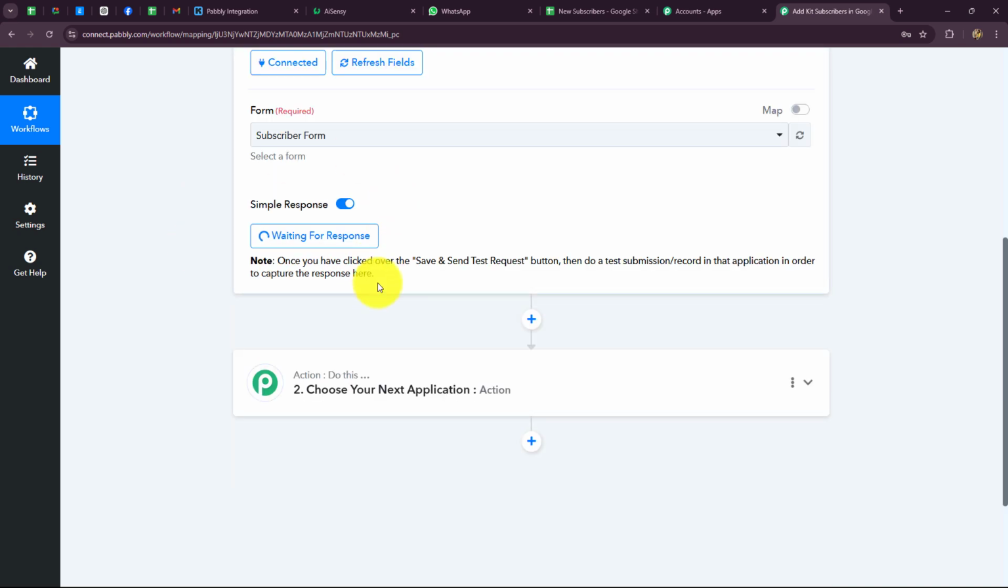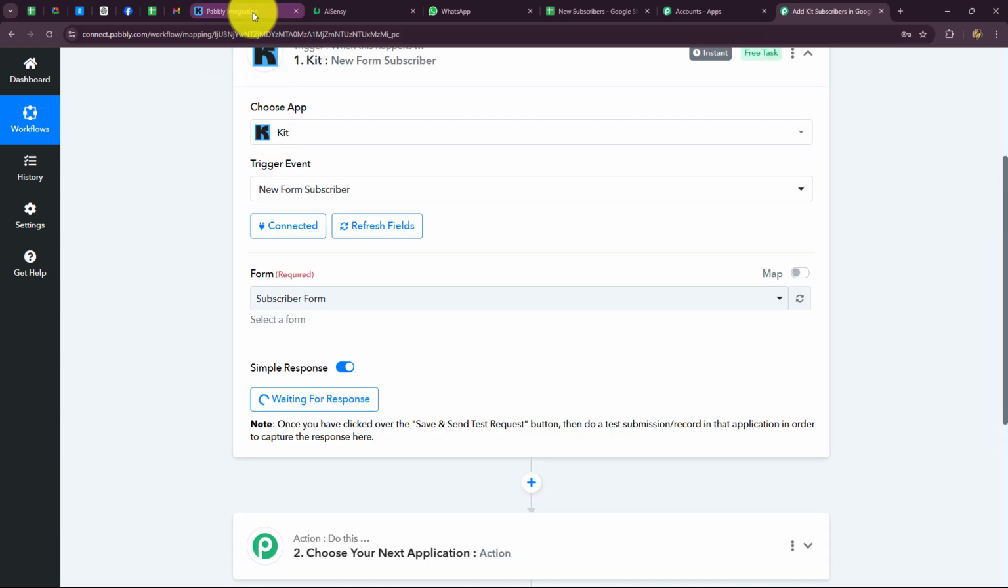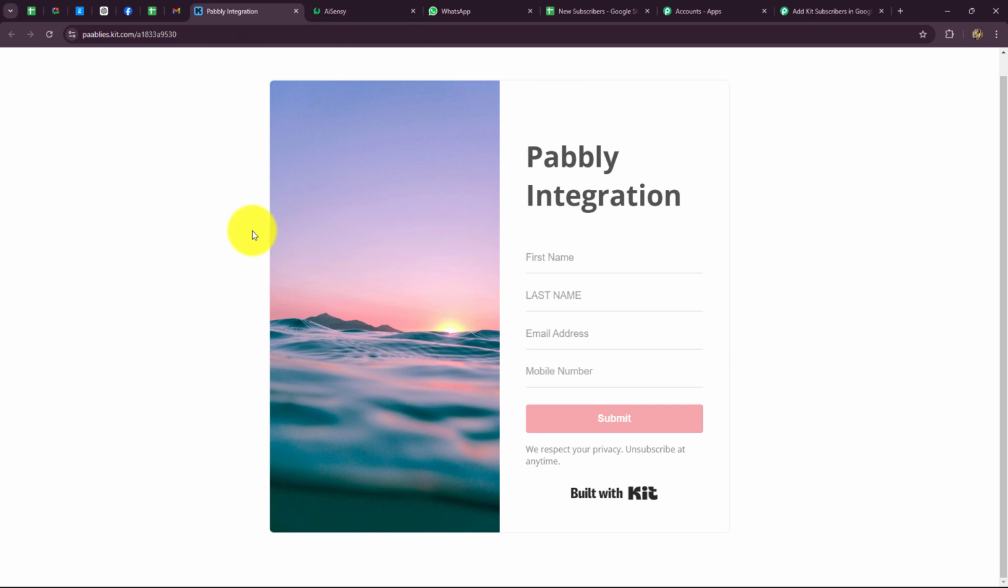It is showing waiting for response. This means that now when we will do the test submission by submitting this form, the response is going to be captured. So what I will do, I will just open this form which I have created in a new tab and I'm going to submit it. So when I'm going to enter some dummy details just to submit this form so that the response could be